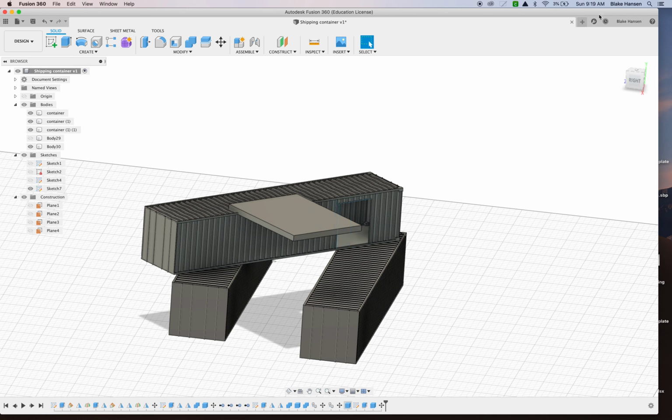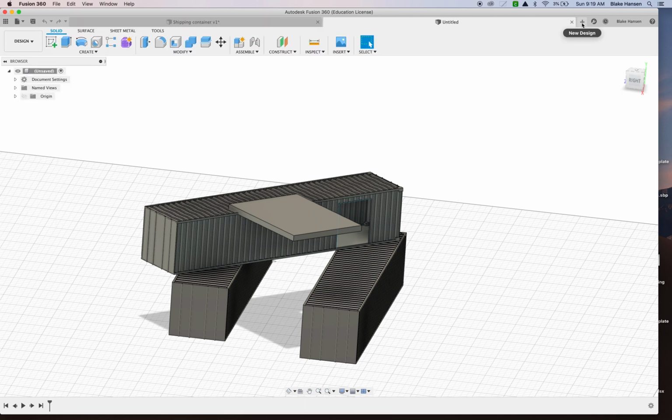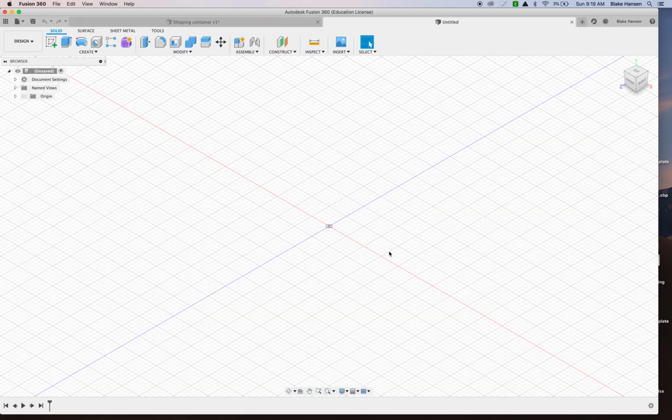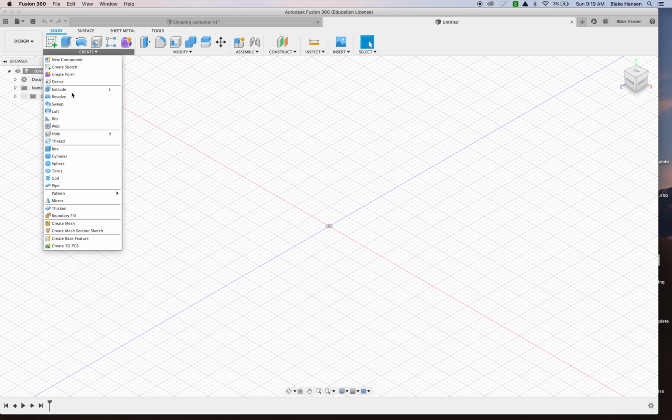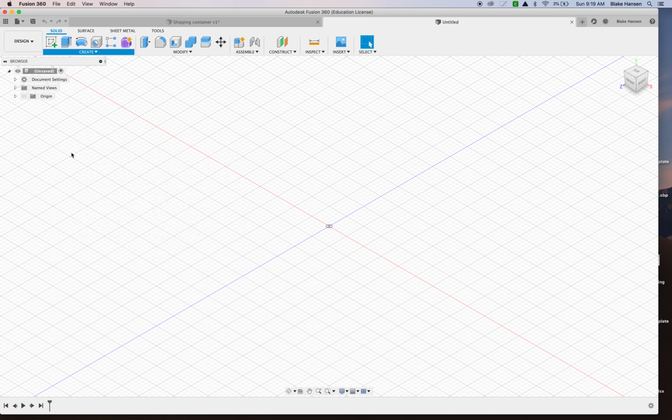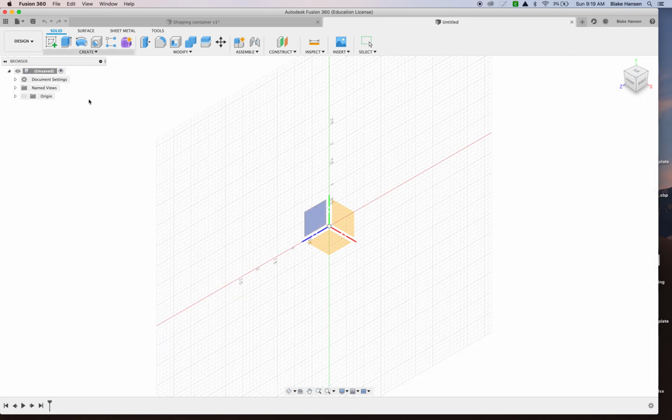I'm going to start a new file here and do a simpler format over here. So if you can move those shapes around that I provide with the step file, great. If not, you can do this where you go to Create and Box. Oh, did that do cylinder or box? Cylinder. Create,